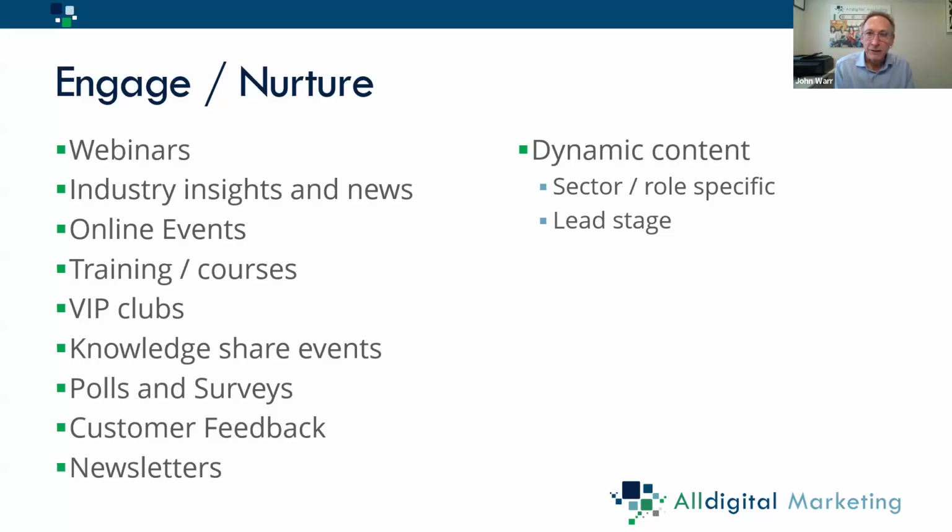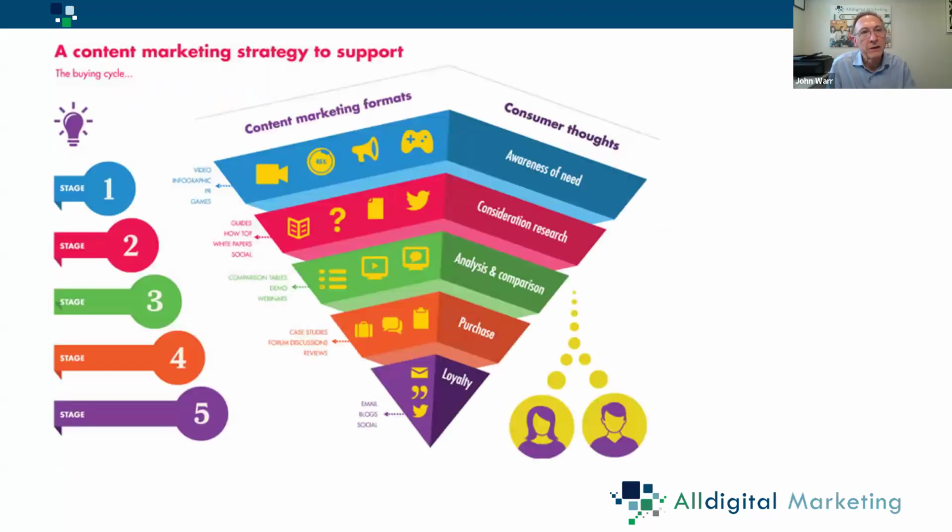Engagement is about sending the right message at the right time, using triggers like downloads, page visits, or email clicks, and then it's awareness stage leads. So the content at awareness stage will be videos and blogs; consideration stage, comparisons, white papers, or webinars. At decision stage, you're doing demos, proposals, and testimonials. So what you do is you provide different content depending on where they are along the journey. And this is very nicely shown here on this content marketing strategy. So depending on where they are in the buying cycle, the campaigns will be delivering them slightly different content.